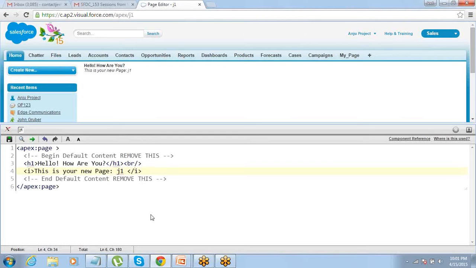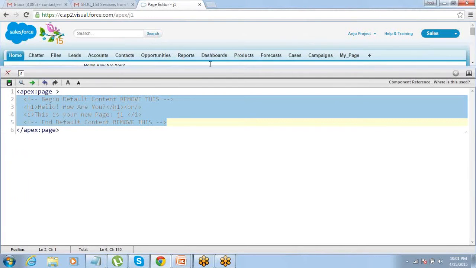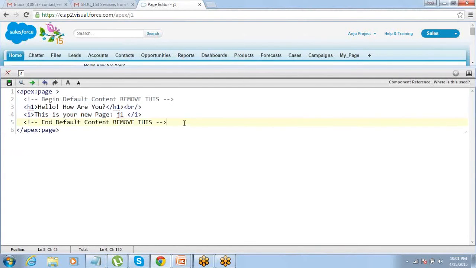You just create the page, then you have the code editor, and you just have to start writing your code here and define what all markups you want to see on the page. So as per your requirement, you will just keep on creating the content for the page. All right. Okay. So now let's understand a few more terminologies for Visualforce, and then we'll get into a few examples of the Visualforce.